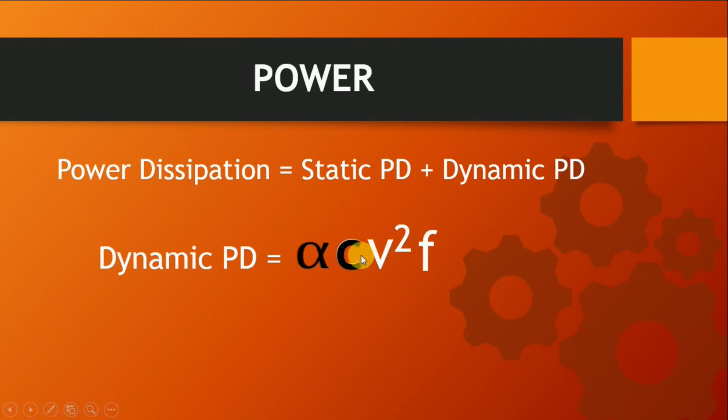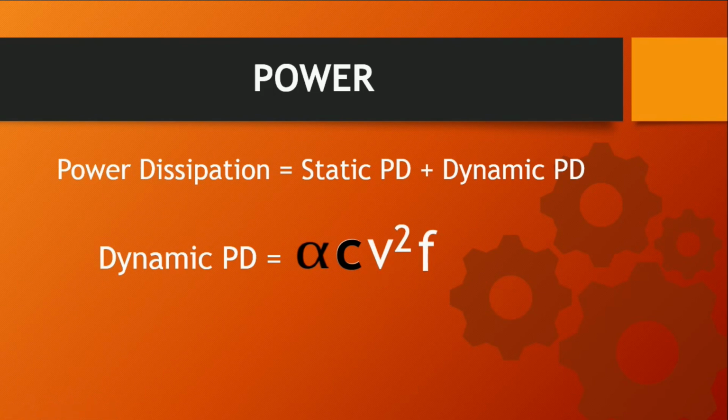But if you could reduce the input voltage, you can reduce the dynamic power quadratically. It can be achieved only by choosing the appropriate operating modes. For example, if you are using a laptop, you can operate that laptop by connecting it to a 230 volt power supply. At that time input voltage will be 230. Alternatively, you can use the battery power also. At that time input voltage is only 12 volt. By choosing the appropriate operating mode, you can reduce the supply voltage. Apart from that, you can't do anything related to supply voltage.